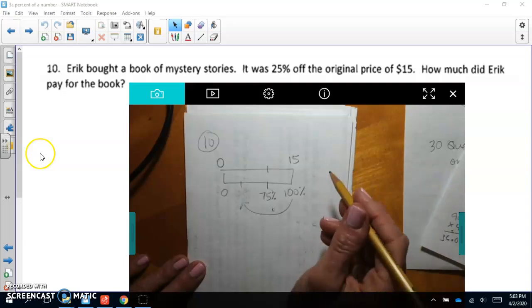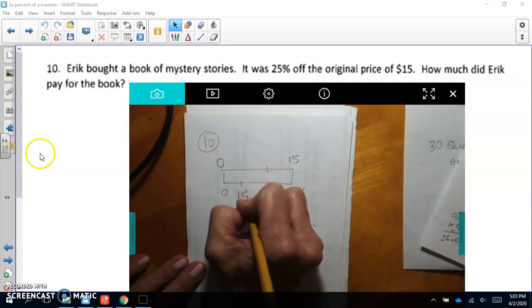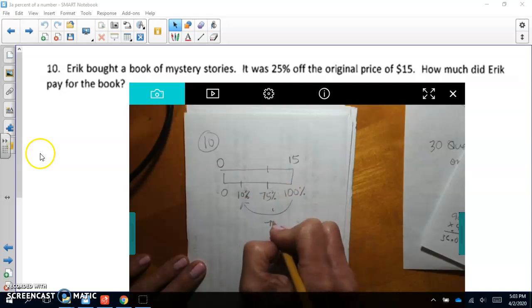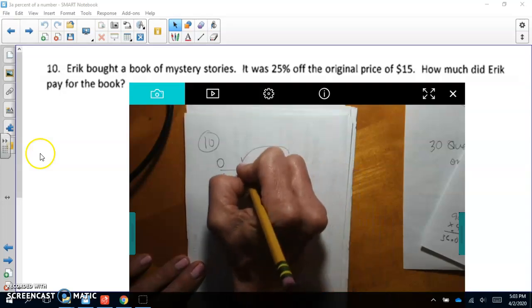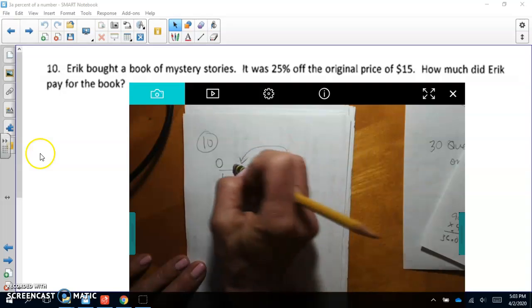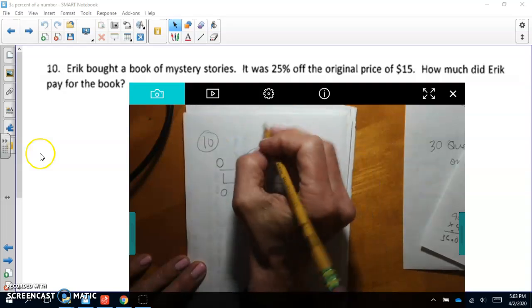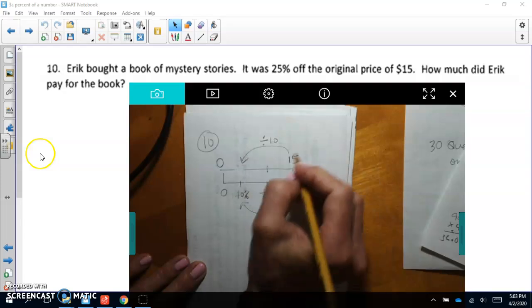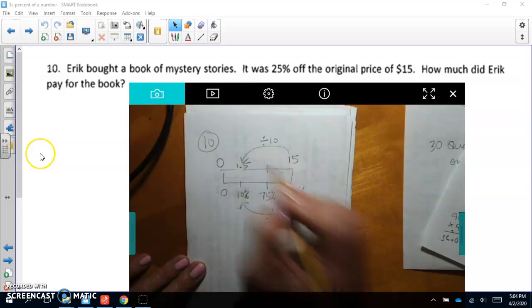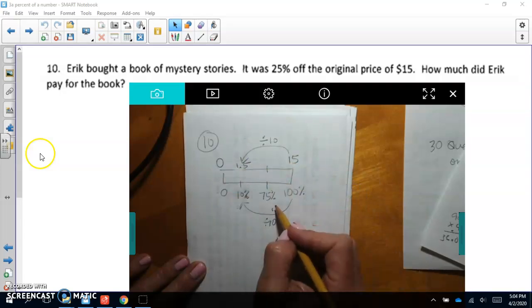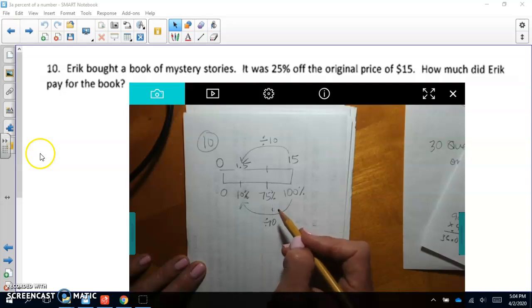Why don't I go down to 10%? So let's divide by 10. 15 divided by 10 will give me 1.5. And then I want to get to 75%. Let's see. This one I might have to go back